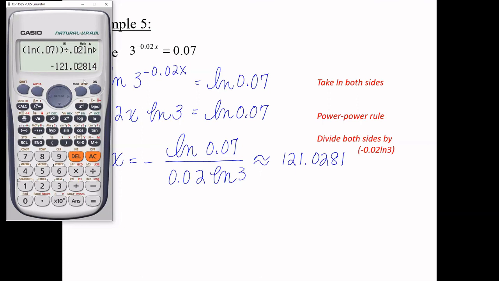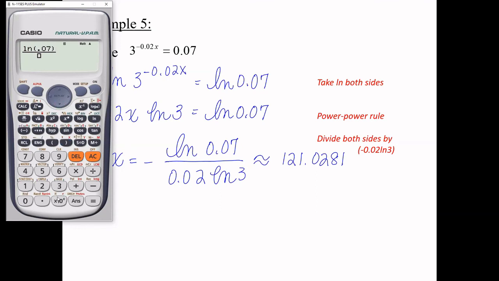And you see it. Now, we had to do a lot of thinking on this one. Let's do it the easy way this time. Let's use the fraction key. Okay, we put in natural log 0.07, close it up, go down,